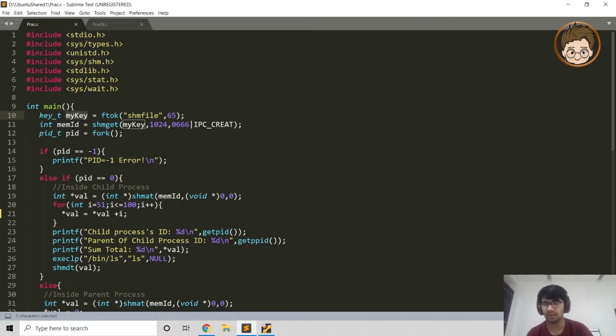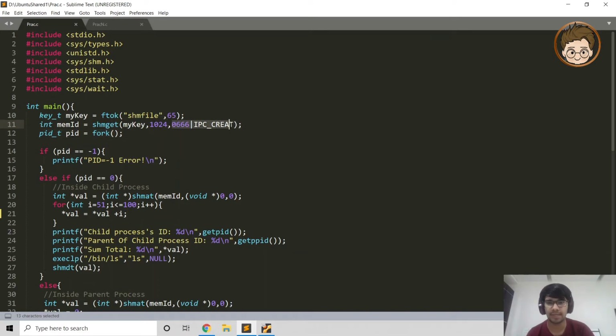And now in the next line, as you can see, we have declared an integer variable that is a mem id, that is a memory id. So whatever the shmget or shared memory get function returns will be stored in this mem id. Now what this shared memory get function does is it takes the key that we generated previously. So this is the System V IPC key that we generated using ftok. It will take that, and next we will pass in the size, that is 1024 bytes.